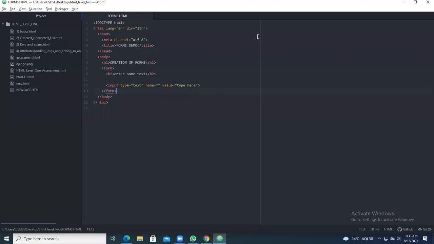Come to the questionnaire part. Kindly answer here. Which are the input parameters of the form? Answer this particular question.